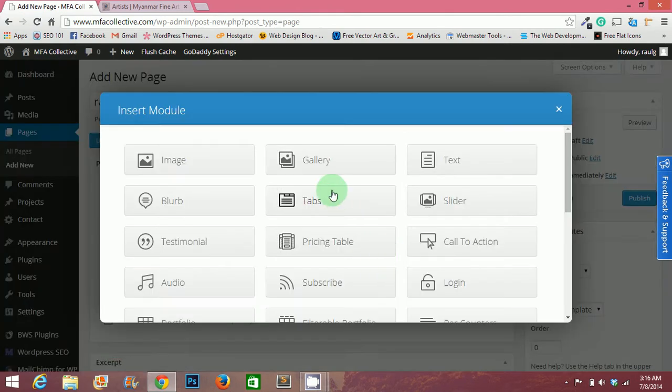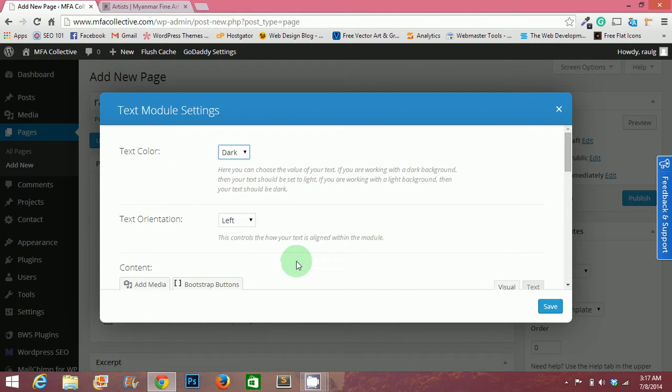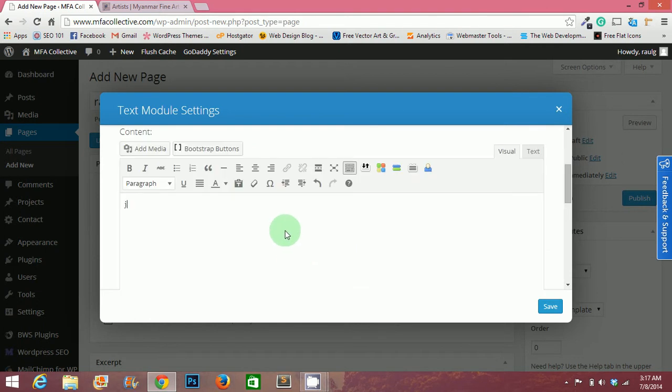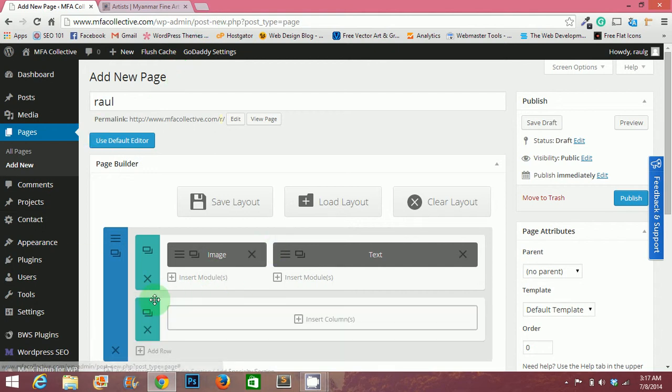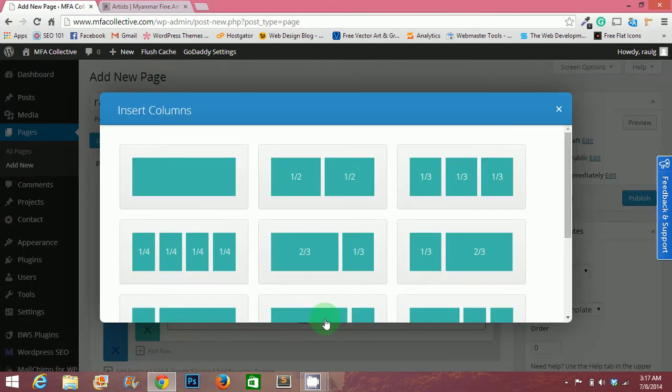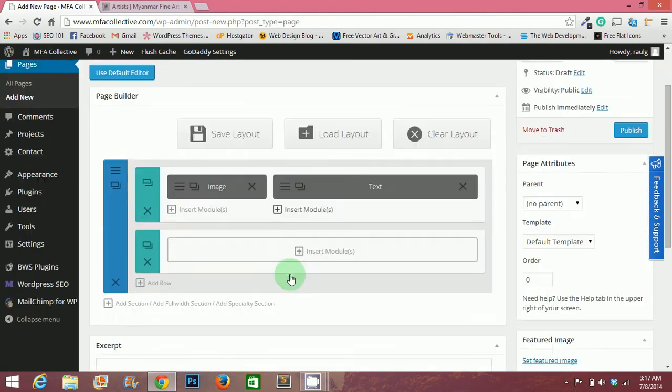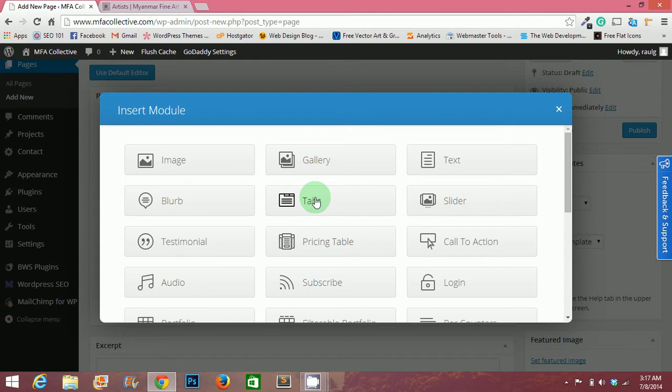Save. Here you would go text, which is just a bunch of text for, like born in USA, whatever you wanted to capitalize, just highlight it, or make it bold. So once you add your text here for the introduction of the artist, that would be it, and then you would add a new row, and then on this one we're going to add just one full width one, and then first we're going to add tabs,